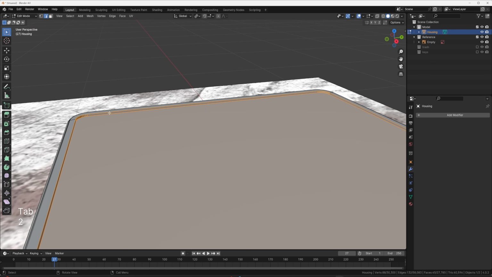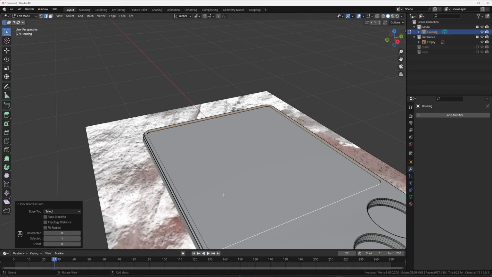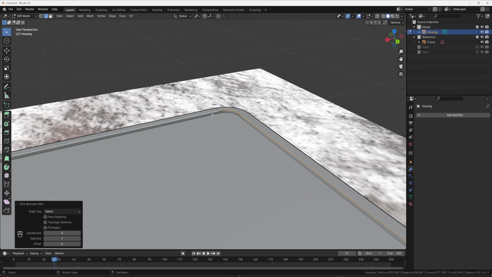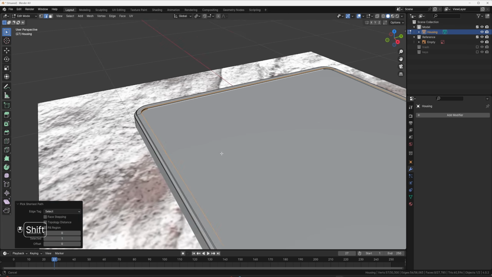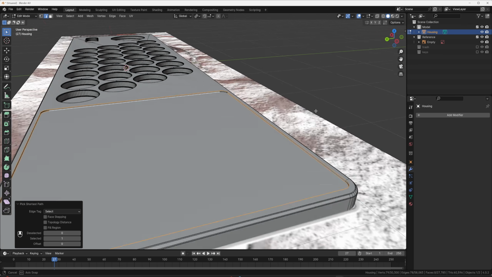So we're going to hit 2. If this was good topology, we'd be able to select the whole loop. But now I'm just going to Control select to go around the top loop. And it is kind of hard to see, but it shouldn't be too bad. Go to here. And then I'm going to Shift select the bottom one. Oop, make sure it's Shift select. And then use Control to select around the edges just like we did before. All the way around.